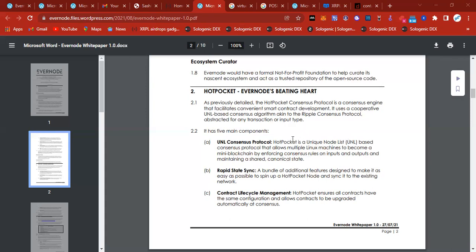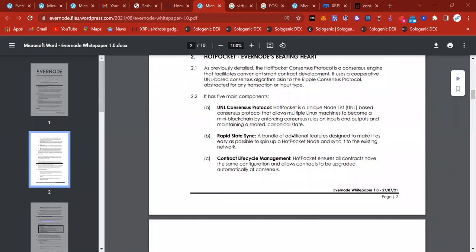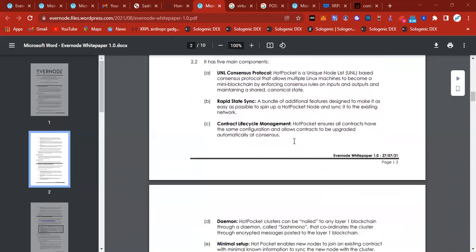So this Hot Pocket system has 5 components that make it work as well. Those are the UNL Consensus Protocol. I went over that already. The Rapid State Sync. Now, this is a bundle of features that make it as simple as possible to spin up